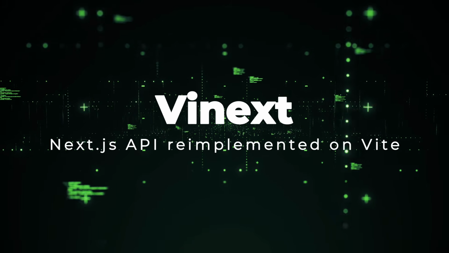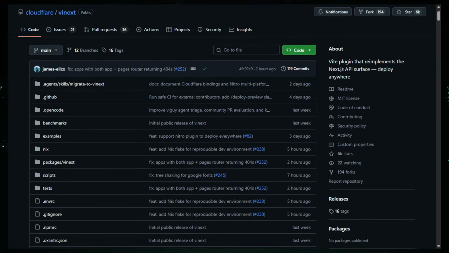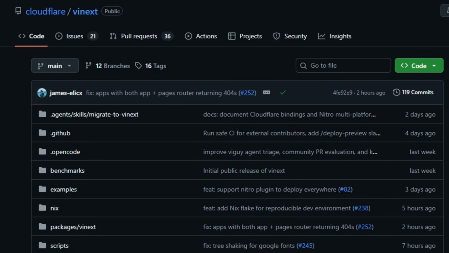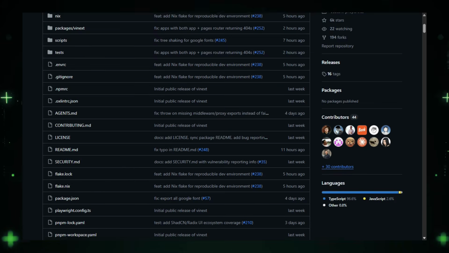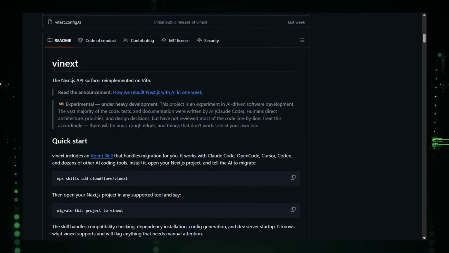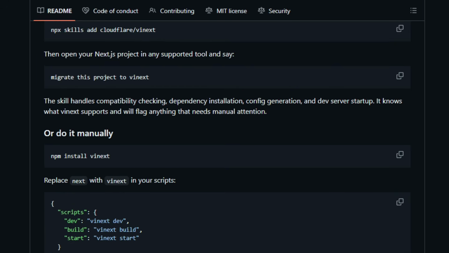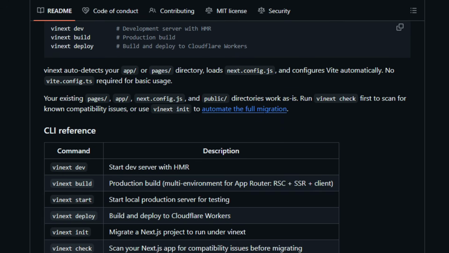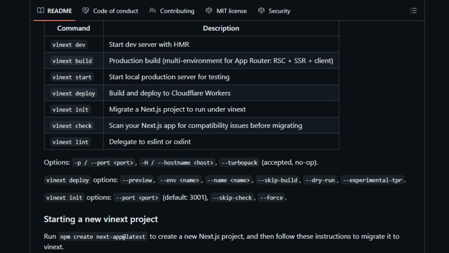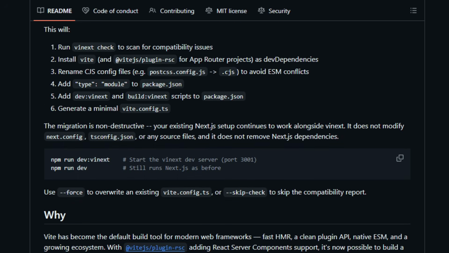Project number 5, Vinext, Next.js API re-implemented on Vite. Vinext is a Vite plugin that re-implements the Next.js API surface, so developers can run familiar React applications on a Vite-based toolchain. It solves deployment and runtime limitations by providing routing, server rendering, middleware, and server actions without relying on Next.js internals. Applications keep existing project structure, while builds and development run through Vite, and deployment works directly on platforms